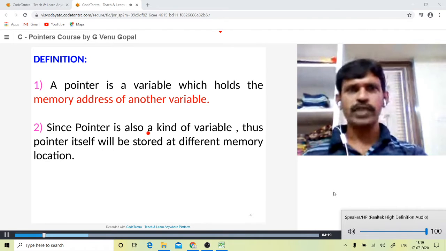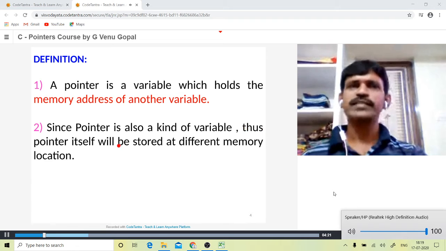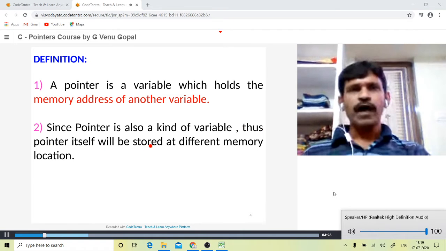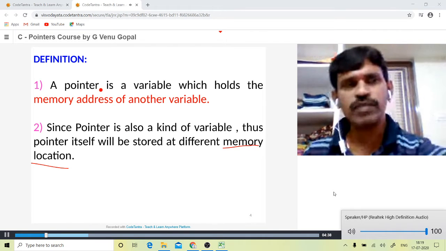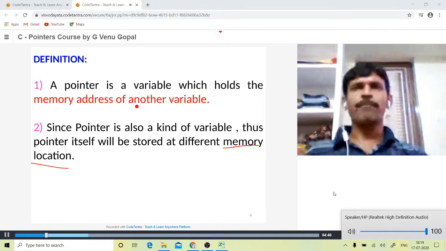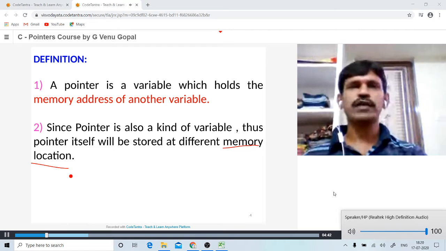And since a pointer is also a kind of variable, the pointer itself will be stored at a different memory location. Even though the pointer is used for holding the address of another variable, it is also a variable. That's why we define it as a variable which holds the address of another variable of the same type. So if I'm using an integer variable